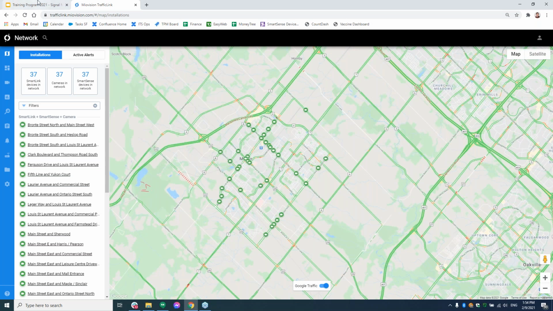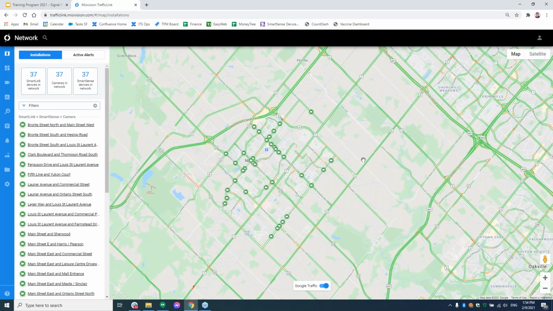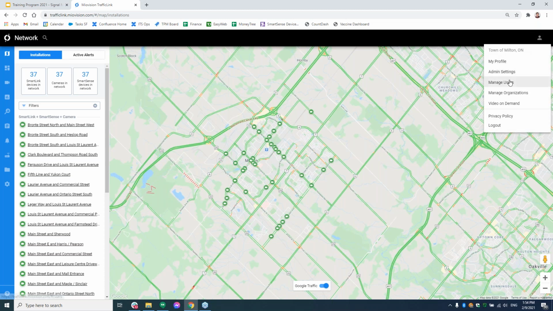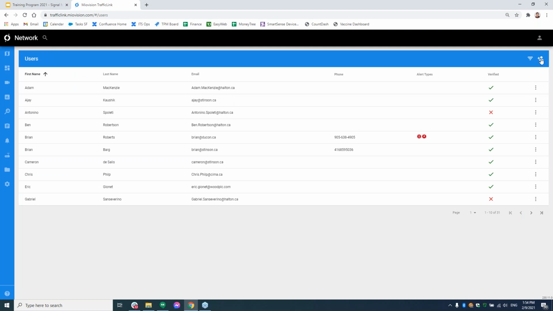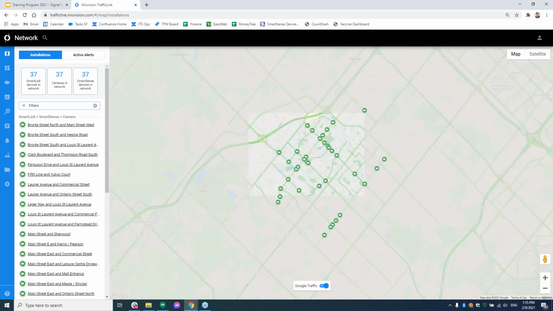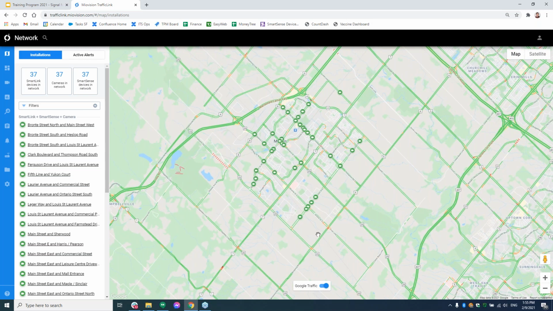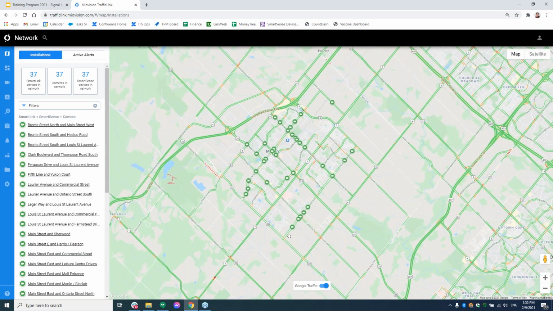Let me just double check my little agenda here. I think I covered quite a bit of this. So just a quick recap, and then I'll wait to see if there's any more questions ending the hour here. We covered some user management. So looking at what are all the users, how do we set up a user in alerts, what are my admin controls, what can I do to override it, and then how do I look at my intersection, how do I look at my view, how do I manage devices, and so on, how do I look through the new map. So there's quite a bit of tools that you have at your fingertips to manage your signals and manage the teams that are managing the signals. So please take advantage of it.